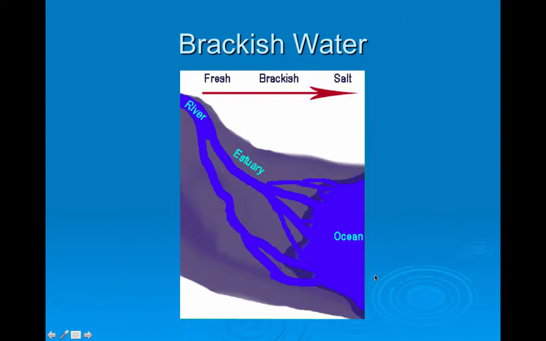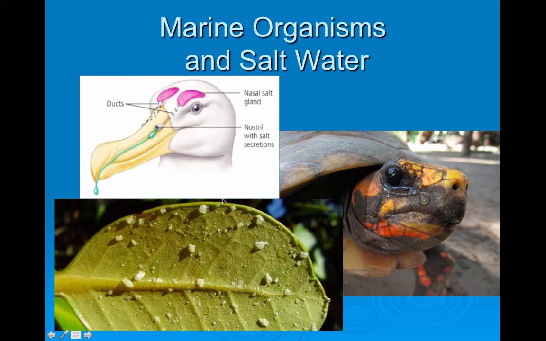And then brackish water is what the water is in an estuary, because river water is fresh, ocean water is salty. So brackish means kind of salty, and the implication is also that the level of saltiness varies depending on high tide, low tide, and where you are in the estuary. And then lastly, I don't know if you've ever thought about how marine organisms cope with salt water, because salt water is toxic normally to plants and animals. So these plants and animals have, through natural selection, had these adaptations arise that allow them to cope. But they have to be constantly ejecting salt from their systems.